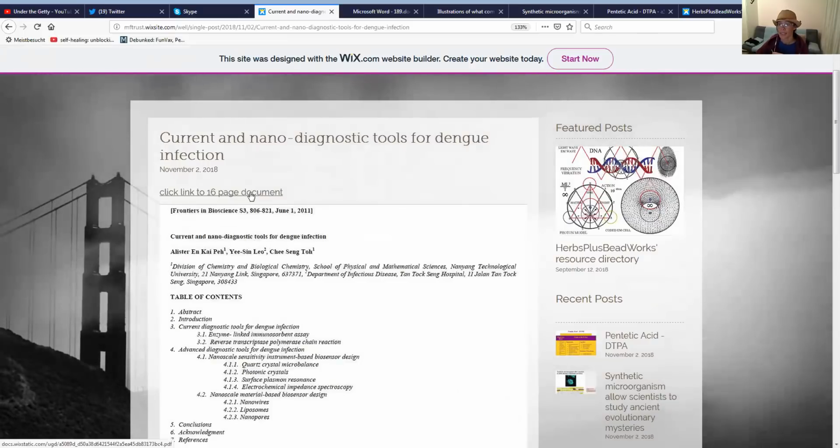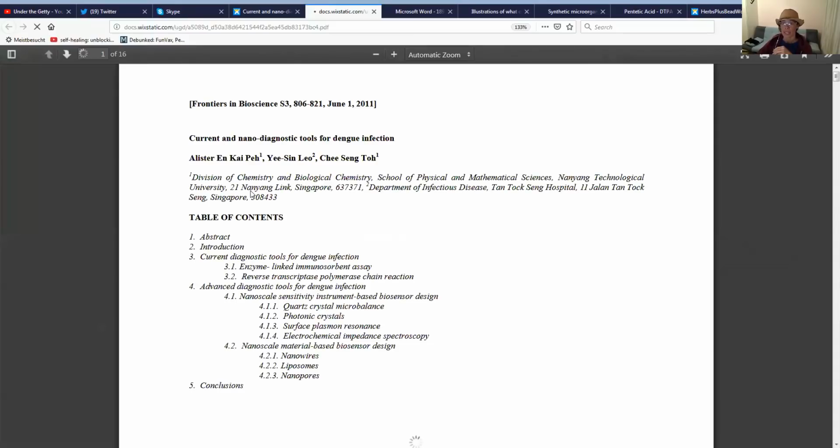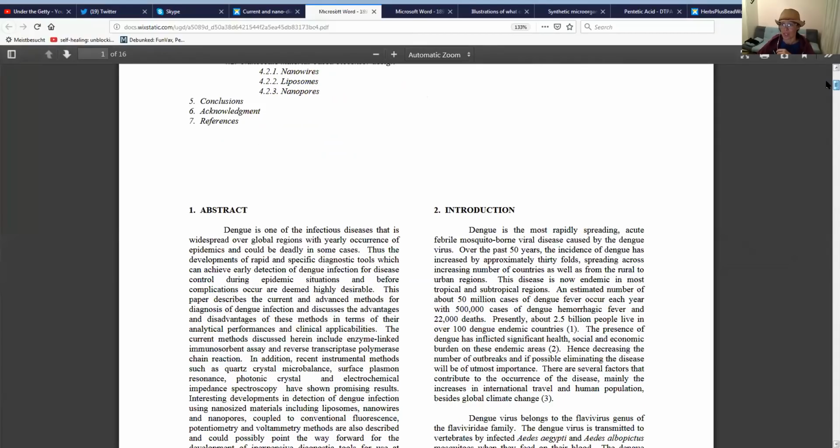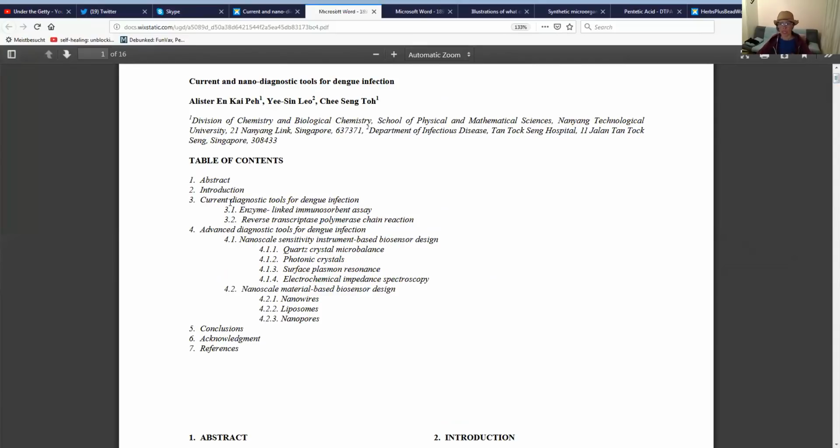So this is a 16-page document that anybody who's looking at current and nanodiagnostic tools for dengue infection may be interested in. Yes, it goes over the abstract, introduction, current diagnostic tools for dengue infection, enzyme-linked immunosorbent assay, reverse transcriptase polymerase chain reaction, advanced diagnostic tools for dengue infection, nanoscale sensitivity,